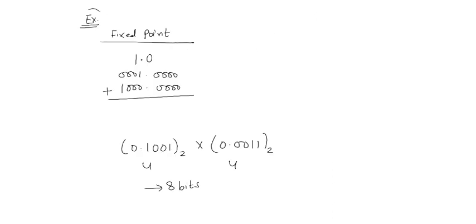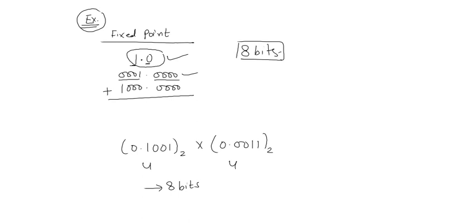First we will take an example for the case of a fixed point processor. Let's take the number 1.0, where 1 is the integer part and 0 is the fraction part. Let's say I have 8 bits available and I want to assign those 8 bits to this number. I can assign 4 bits to the integer part and 4 bits to the fraction part. So this is the number we get.